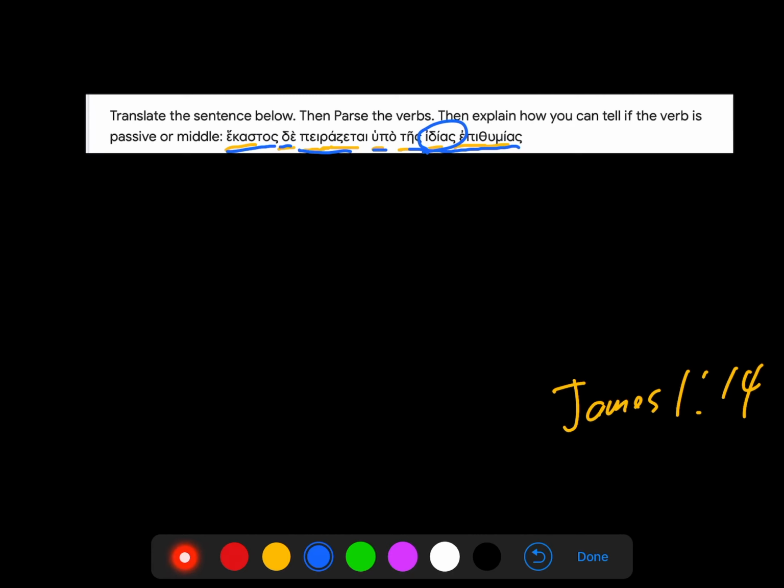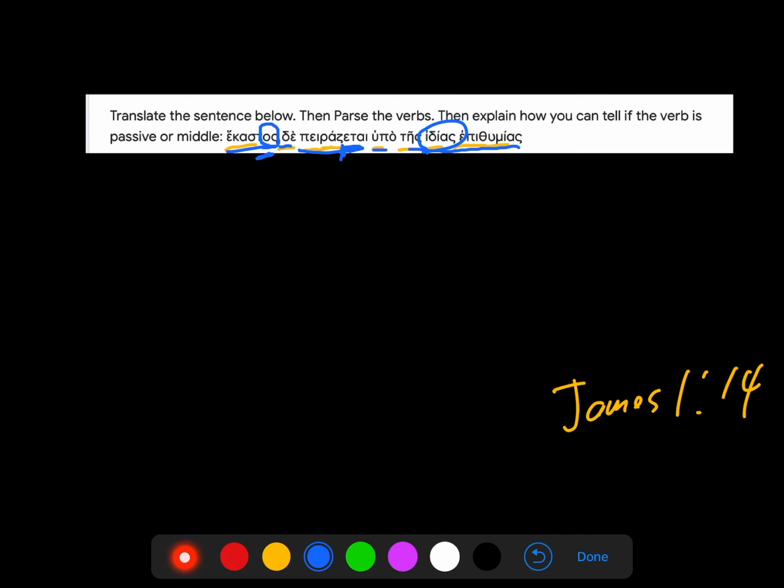Now, what we have here, let's look at the subject. Each one here is nominative singular, right? And it's not you or me doing the action, so therefore we are in third person. And because this is singular, we need our verb to be third person singular. And that is exactly what we have with this etai ending, right? So it's not the ontai, more than one letter in the connecting vowel, signaling the plural. That's my easy way to remember it. It's the etai, the single epsilon, and that is singular, third person singular.